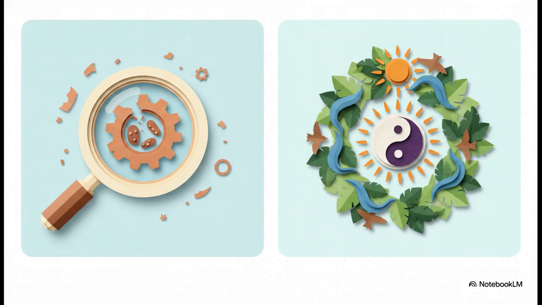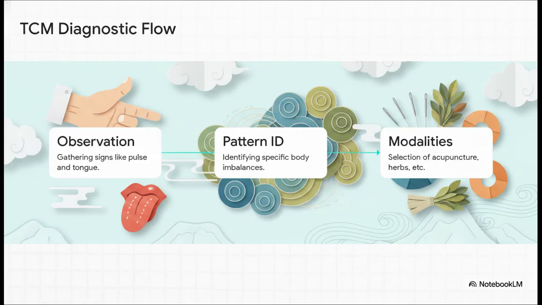And when you compare that to what we're used to, notice the profound contrast in how we view the body. A standard biomedical diagnosis basically uses a magnifying glass to find a specific broken part, right? Like tissue damage or a skewed lab result. But TCM pans all the way out to look at the entire ecosystem of the patient. It uses something called pattern differentiation. This means grouping all of a patient's unique signs together to identify a much broader imbalance, which then directly dictates the treatment.